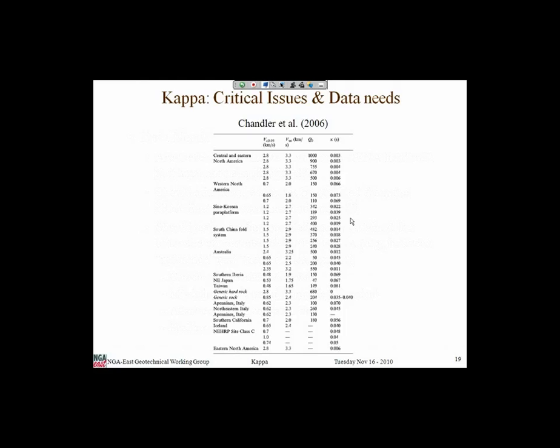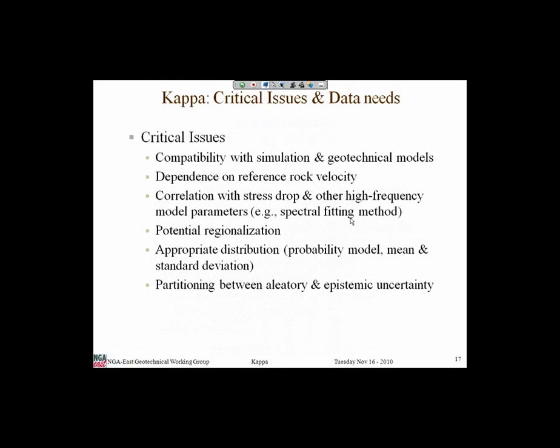But if you go down the Korean platform, okay, this is probably a stable region. It's a platform area, much like the Midwest, I believe, and they're proposing some Kappa estimates that are certainly higher than reference rock. And on the order of maybe 0.02 seconds or something for something as hard as we might expect. South China, the fold system, that may also be an analog area. Haven't really had a chance to track this down. It'd be interesting to contact the authors and find out the basis for that. But go back to this at this point.